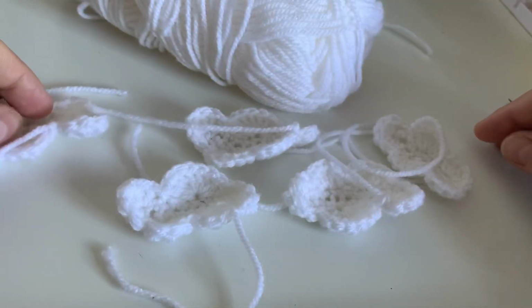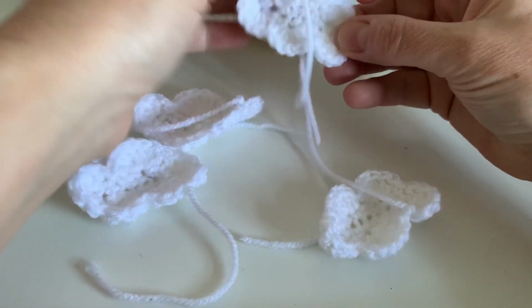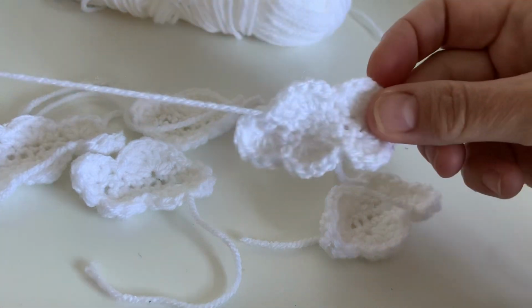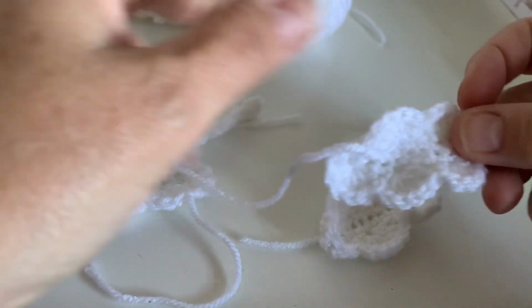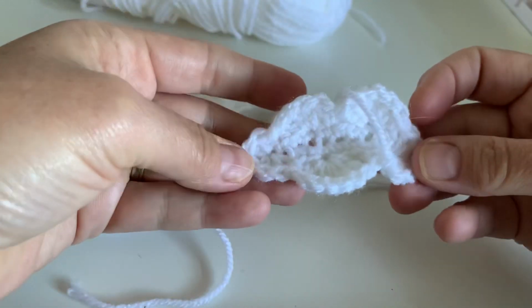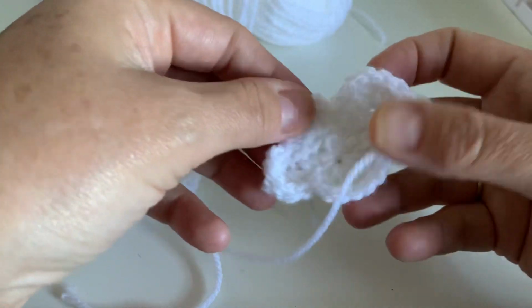Right, we're going to learn to crochet the clouds. Here's an assortment that I've done. I always leave one really long end so that we can sew it onto whatever we're sewing it onto. So there's one. They're all different because I'm just making it up as I go along, and I think clouds